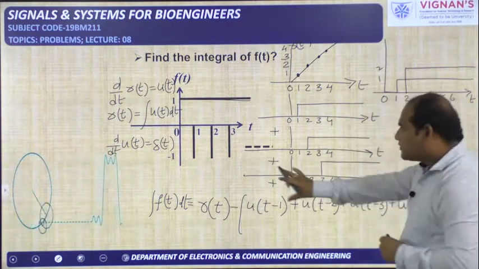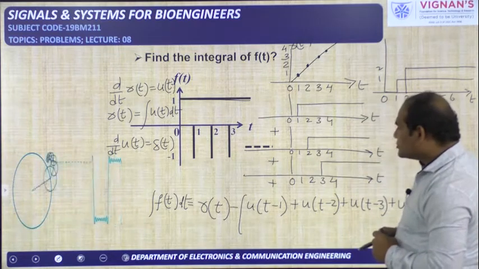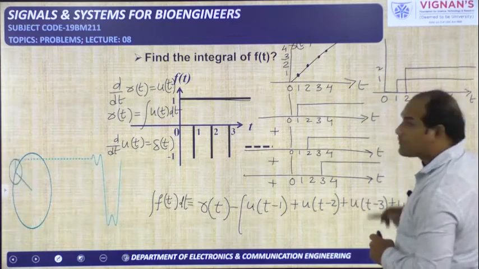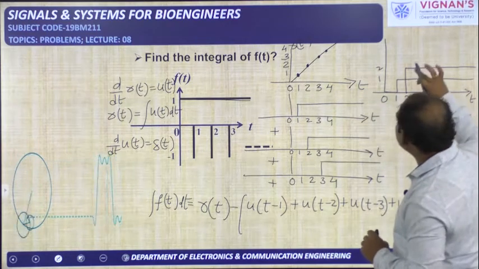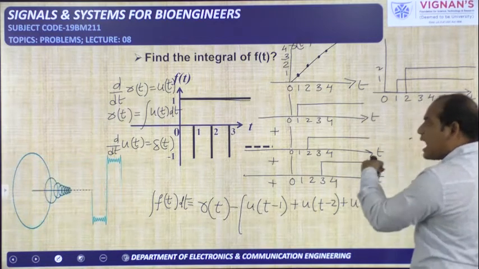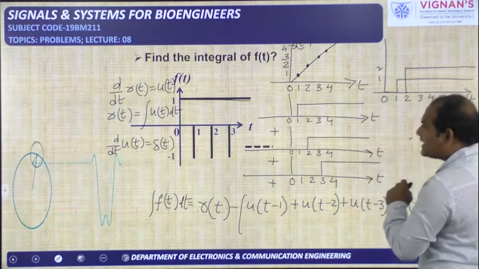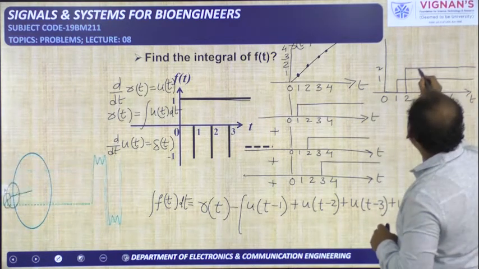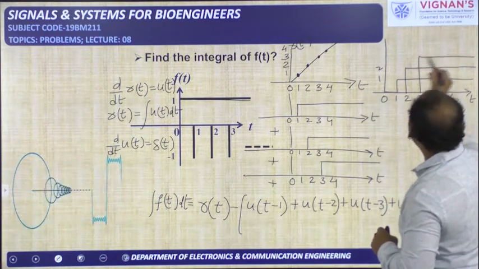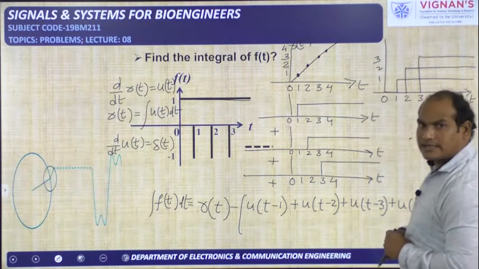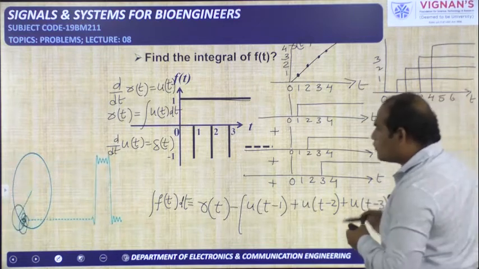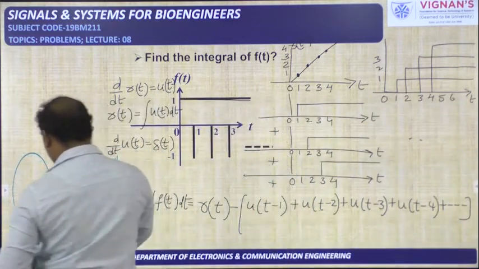But in addition to this one, we need to add this also. This has 0 amplitude from 0 to 3, or from the negative side also. So from 0 to 3 there is no problem. But from 3 to infinity, when t is changing from 3 to infinity, amplitude is 1. So this 1 should be added to this one from 3 to infinity. Already 2 amplitude is there; if you add 3, you will get like this. Next, if you add another signal, you will get like this. So finally, the resultant signal will be like this.